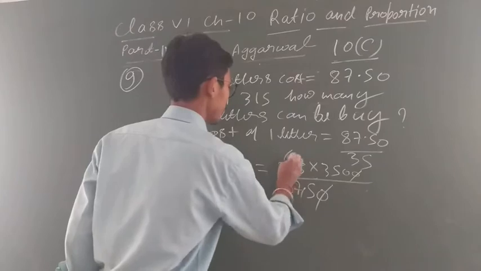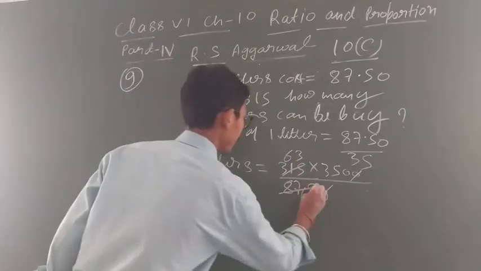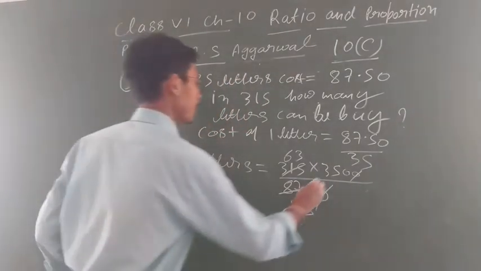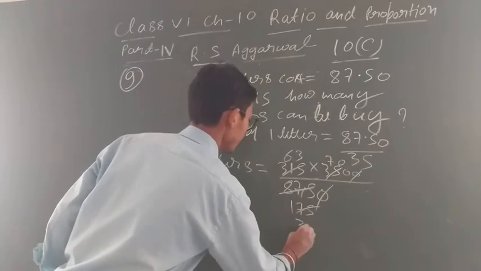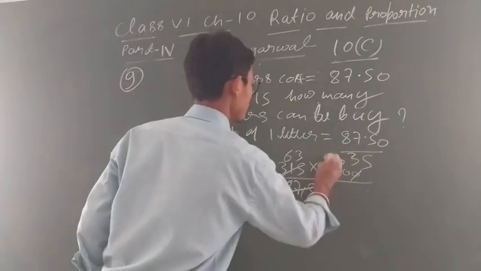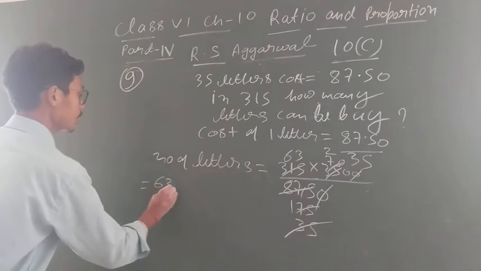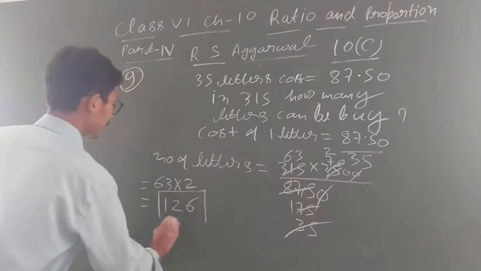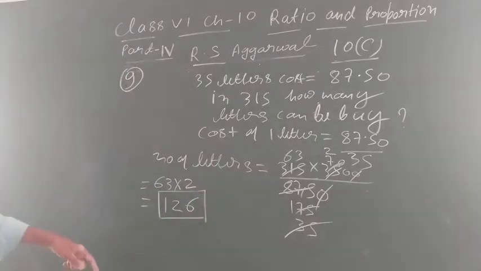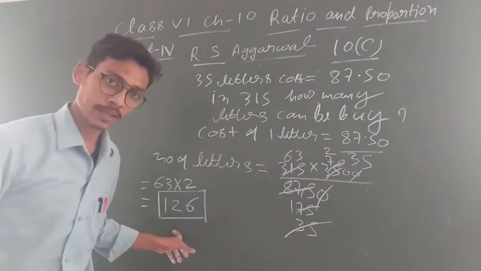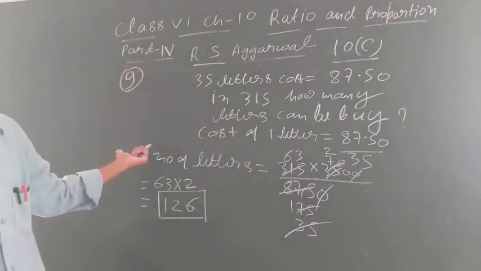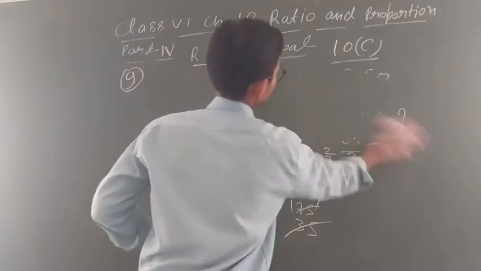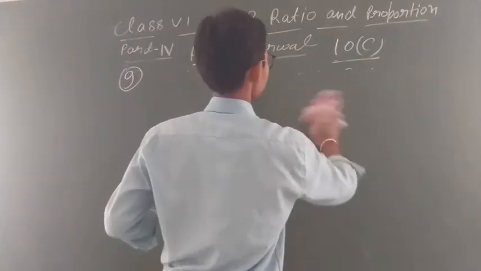देखो 5 3 30, 5 3 15, 5 1 5 3, 5 7 35, 5 5 25. फिर 5 7 35 10, 5 3 15, 5 5 25, 35 70. तो देखो it will come 63 multiplied by 2, यानी 2 3 6, 2 6 12, यानी number of liters can be purchased in 350 rupees equal to 126. Clear? देखो और based on calculation only you have to focus. ठीक है ना. तो this is about question number 9 student. ठीक है ना. And rest of question based on same you will solve yourself.